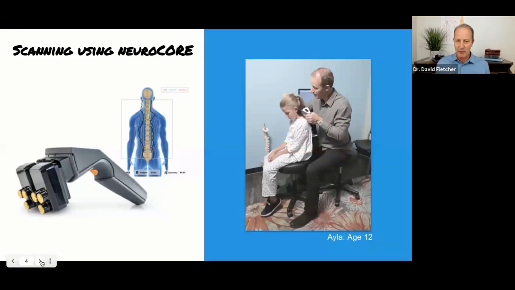Now, scanning using the instrumentation is and always has been one of the passion plays of CLA. We exist really for one reason, and that's to bring the best level of quantified and qualified technologies to a chiropractic setting. Why? Because we're chiropractors. We understand exactly what it takes to not only have the confidence to have a conversation with patients, but to really focus on making the invisible visible, not just for the clinician, but for the patient themselves.